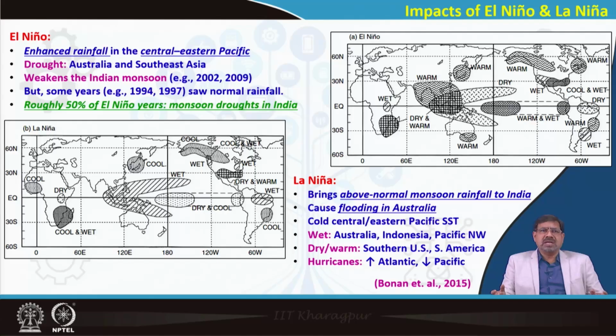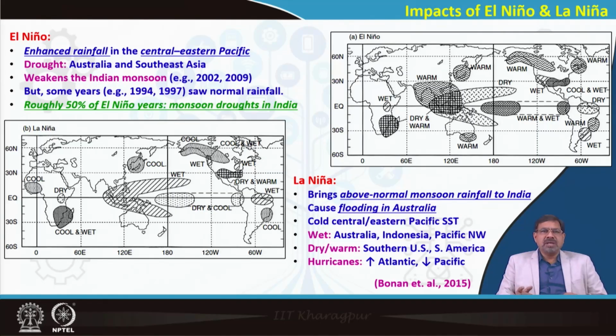This much we understand. Now, you can see both figures are shown in grayscale. On the left lower is the El Nino representation and on the right upper is the La Nina,